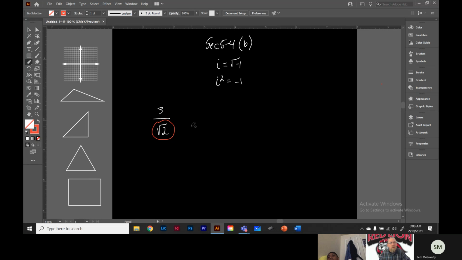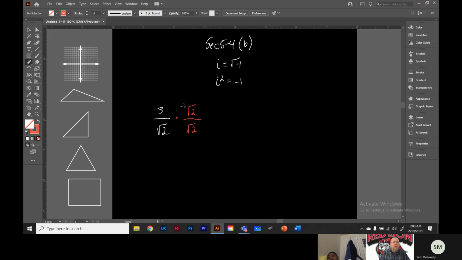All right, so what we're going to do is get rid of that square root in the denominator, and the way that we did that, and we do this for a lot of different things, is we're really going to multiply this fraction by a 1. I'm not just going to put a 1 here because that really doesn't change anything, but we're going to multiply by something that's equal to 1. I'll just show you what we did right off the bat. If you multiply this by a square root of 2, and you multiply this by a square root of 2,